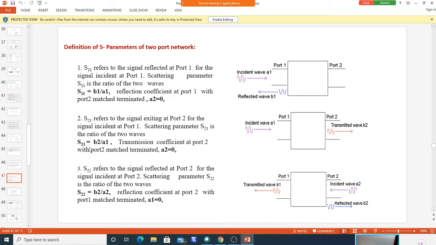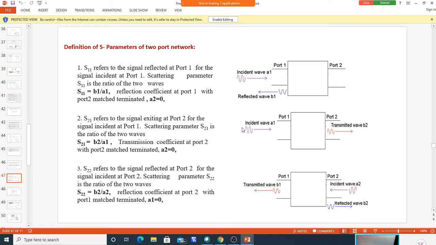Again, we will measure only the S21 parameter. We are not measuring B2 and A1 independently. The network analyzer instrument gives the ratio of B2 by A1, that is S21. From this S21 we can come to know what happens to the signal, whether it is reaching the output or not. If S21 is equal to 1, that means B2 is equal to A1. B2 equal to A1 means the entire signal incident at port 1 appears at port 2. So the entire transmission is there.